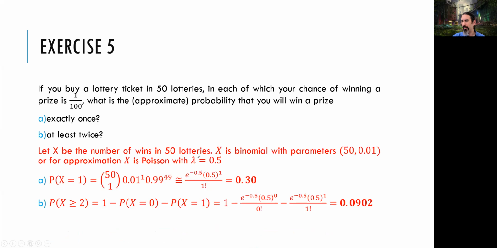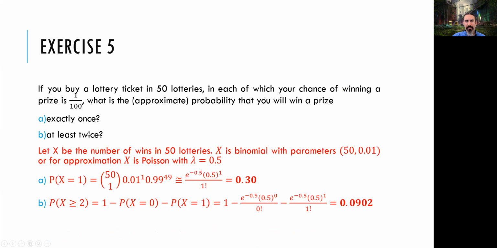Then, all I have to do is just plug that in with x is equal to 1, which is going to be i is equal to 1, as you can see here with Poisson, and lambda is equal to 0.5. Instead of calculating this one, I will calculate this one, which is going to give me 0.30 probability.